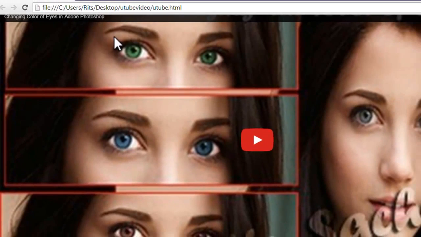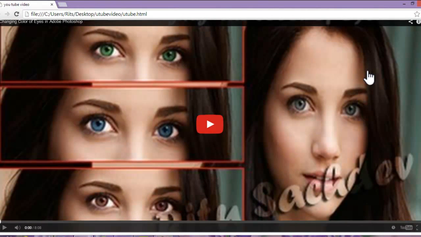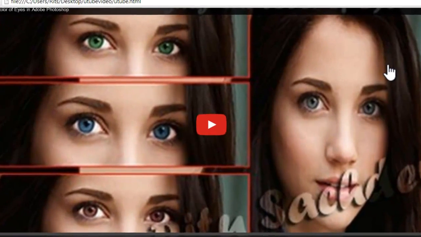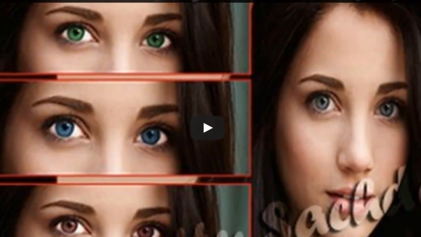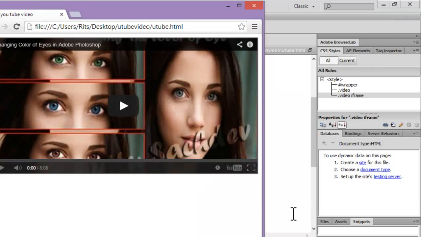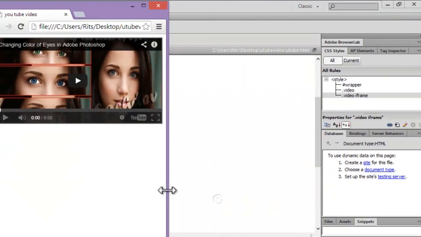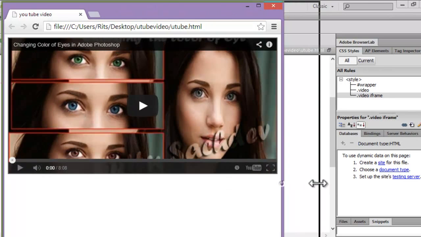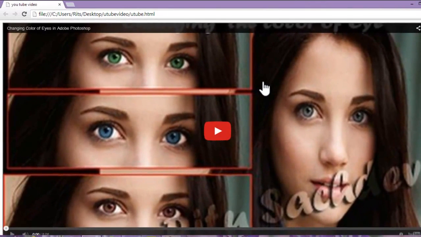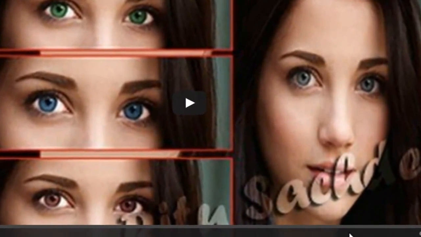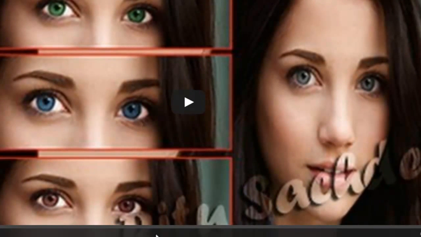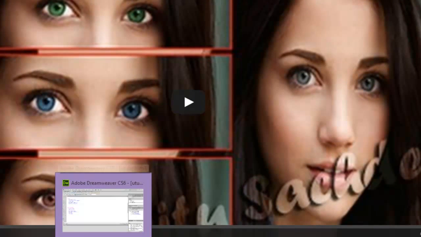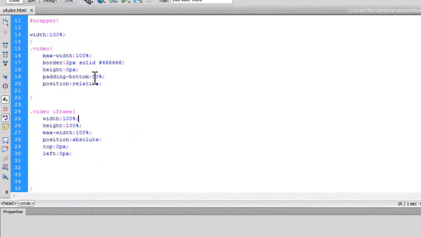See, now I have a full size video on my screen. When I shrink the size of my screen, my video will also shrink. Now you can see it has been cropped from the bottom a little bit. So we can fix it by applying a little more padding.